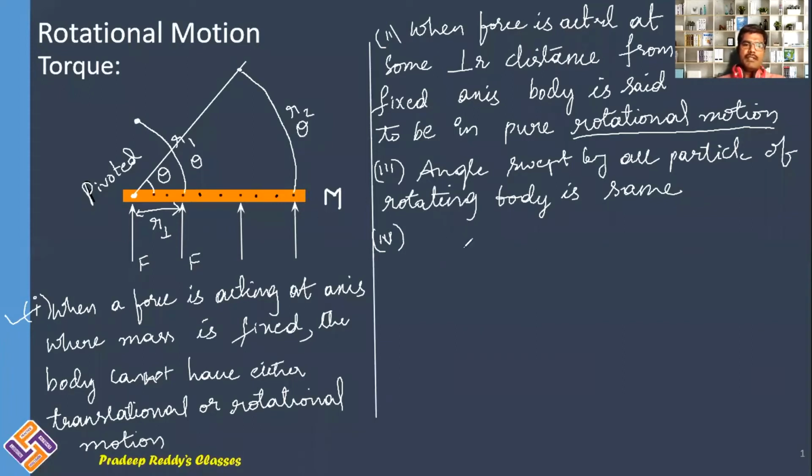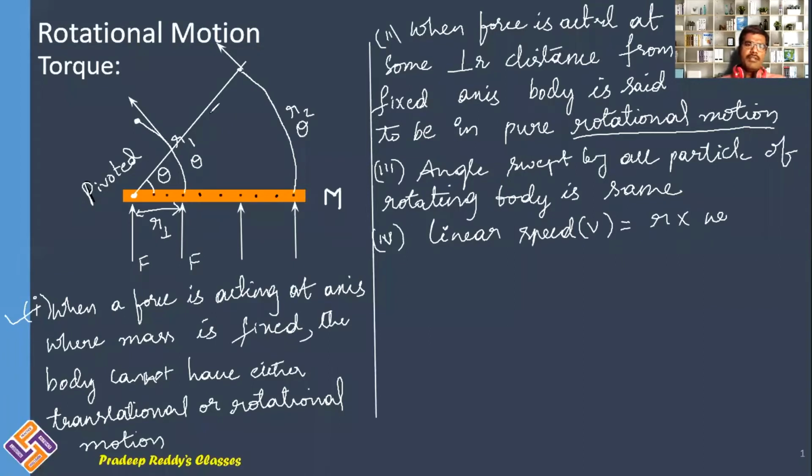Therefore, you can write linear speed v equal to r times omega, where omega is the angular speed of the particle, omega is d theta by dt. So this is the linear speed of this particle, and this is the linear speed of that particle. Everywhere it will have some length traveled, and that length traveled by time taken gives you speed. Speed v is equal to r omega, which we have already discussed in circular motion.